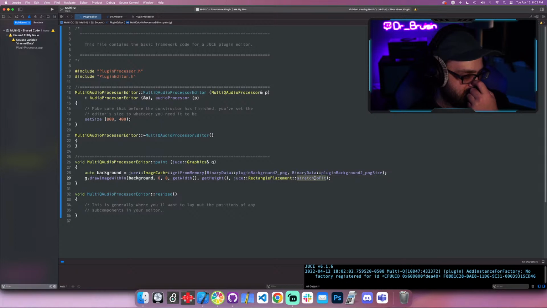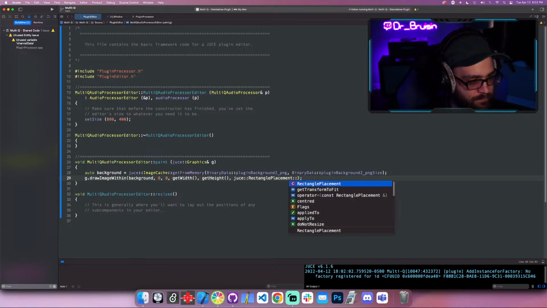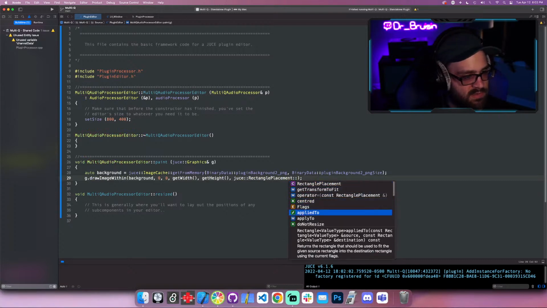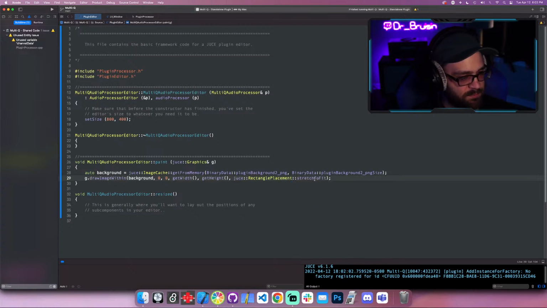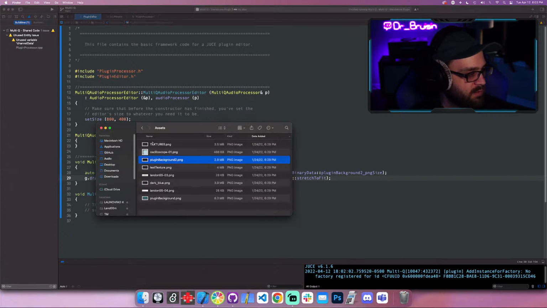And I use this stretch to fit. There's other options, but it seems like this works pretty well. Like you could do centered, you can do, let's see if it'll autocomplete for me. Centered, do not resize, fill destination, stretch to fit, only reduce in size, all kinds of things. But stretch to fit usually works for me. So we do that. So the actual handling of the size of the window is done with, I have a